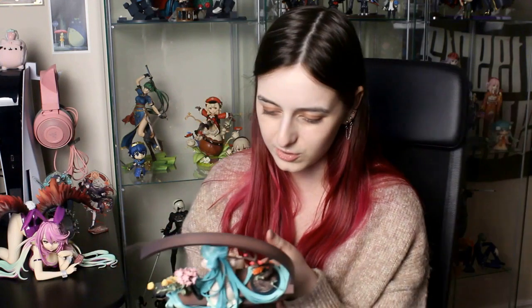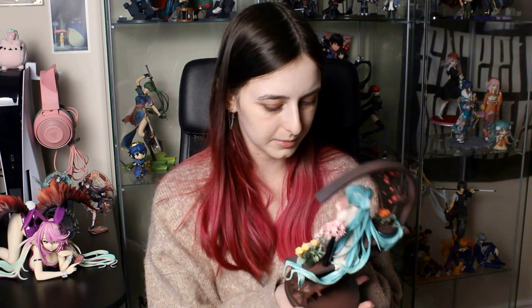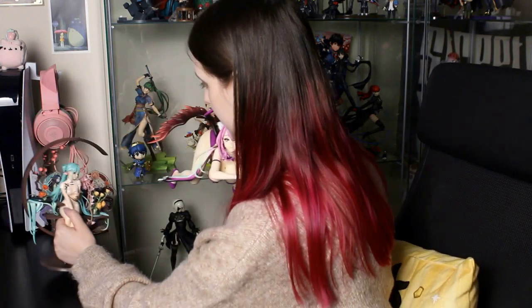I love her pearlescent dress, actually. I didn't realize how shiny it was. Oh, it's so pretty. I love her shoes and her socks. Damn. Right, move. I would say actually my only complaint with the My Ethos Miku is that her